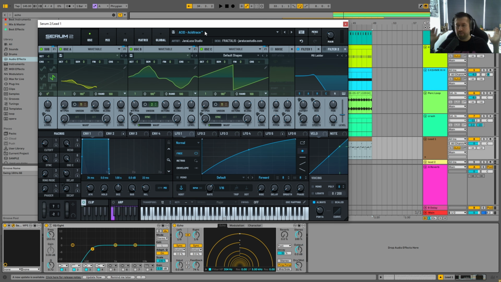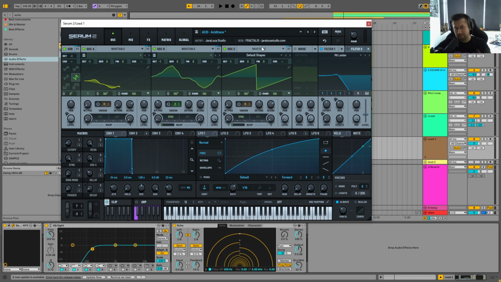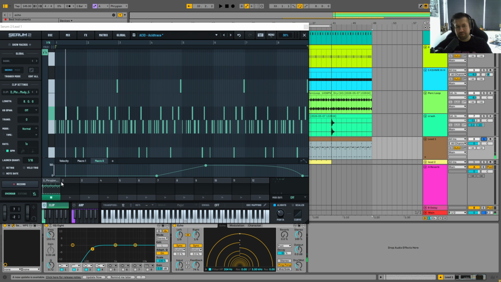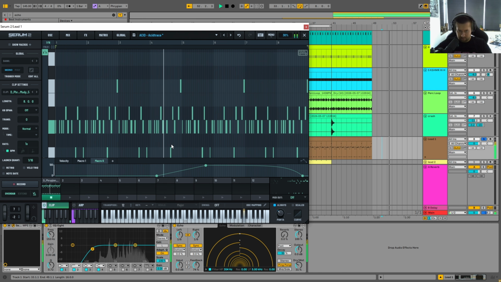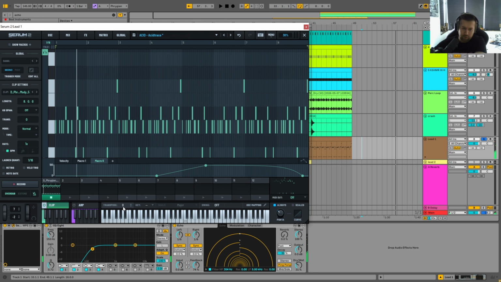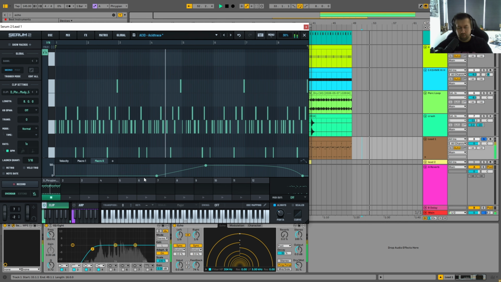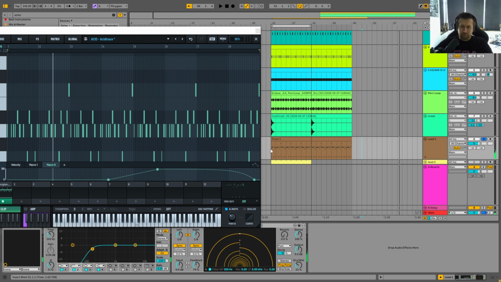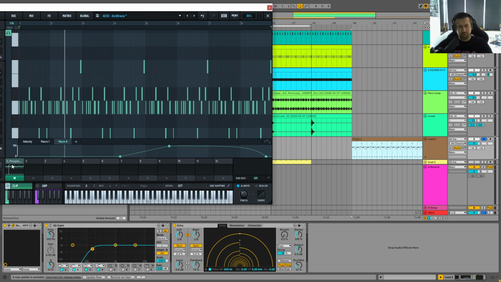Don't try to do sound design at the beginning of your music production. You can, of course, but I wouldn't do that. If I were starting now, I would start with presets. Okay, so I have my preset from my bank Fractalis. I have this MIDI here. I will put it on 0. Okay, now I will show you a very nice trick, because we can take from Serum